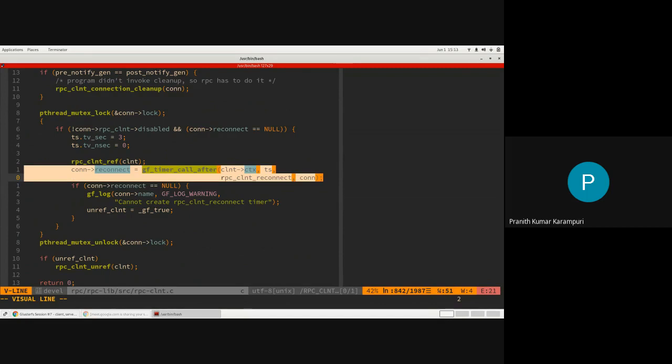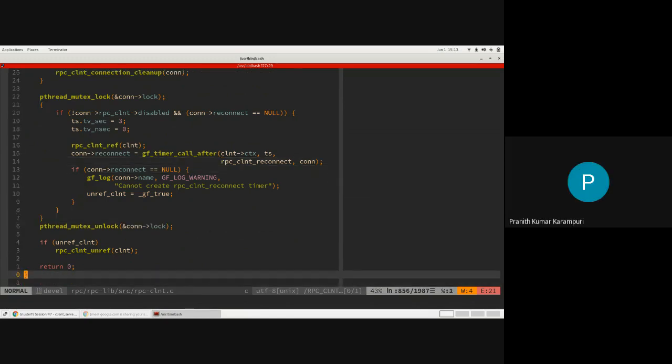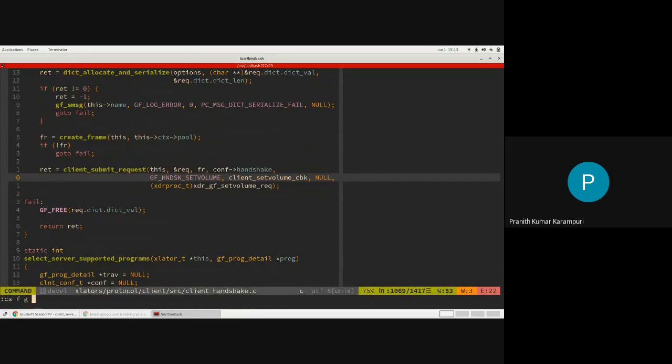Every 3 seconds, it will try to make a connection. So this is what you had the doubt about, right, Arvinda? Yeah, that's correct. Okay, so this is what happens on the disconnect on the client side. We will also look at what happens on the server side, which again is server RPC notify.